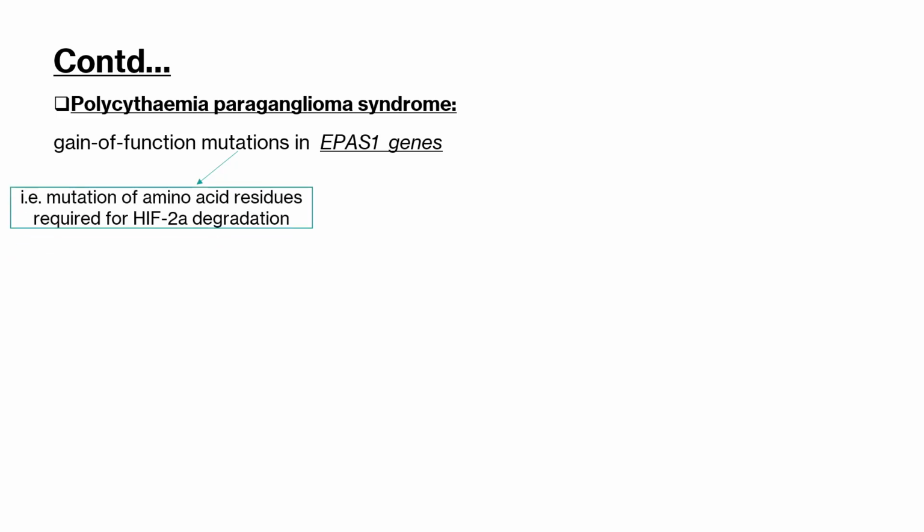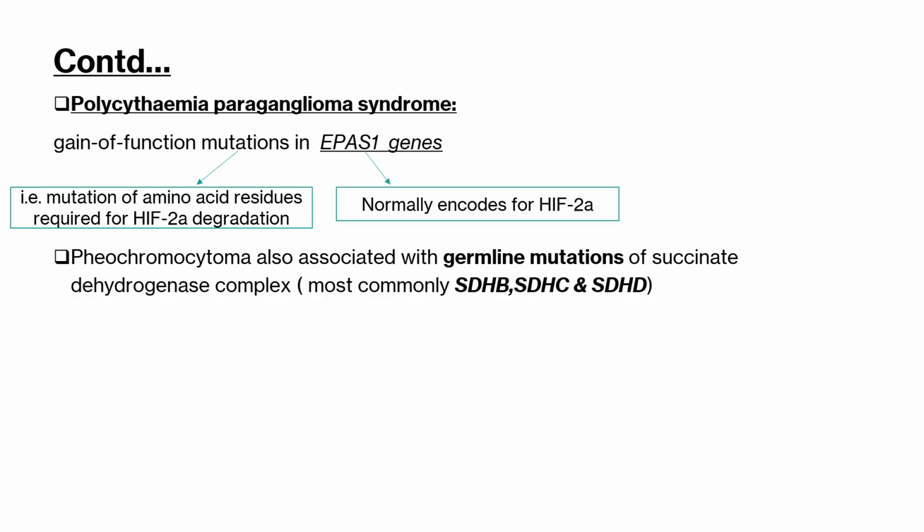And next we see polycythemia-paraganglioma syndrome, where there is a gain-of-function mutation in the EPAS1 gene, and this mutation occurs at the amino acid residues which are required for hypoxia-inducible factor 2 alpha degradation. So mutation at these amino acid residues results in compromised degradation of hypoxia-inducible factor 2 alpha. The EPAS1 gene normally encodes HIF2 alpha, and in pheochromocytoma